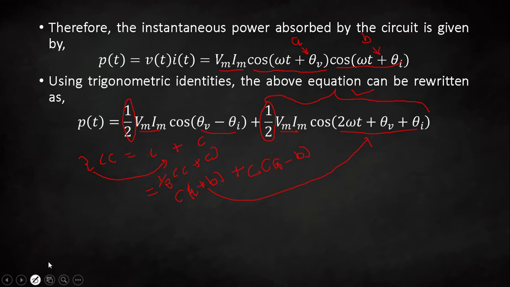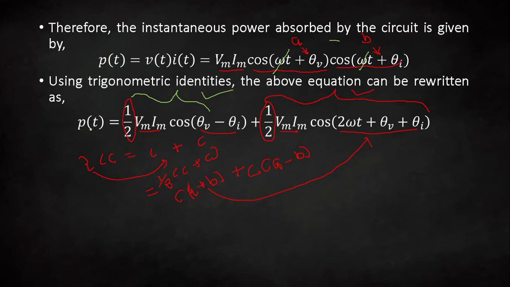Now in the second part you can see that is cos of (A minus B). So if you do A minus B, then it will be omega t plus theta v minus (omega t plus theta I). So if you just give the minus sign into the bracket, then omega t will be cancelled out, and the answer will be theta v minus theta I. This plus will be minus, so theta v minus theta I, that you can see right here. Okay, so this is the second term. I hope it is clear to you, everybody.